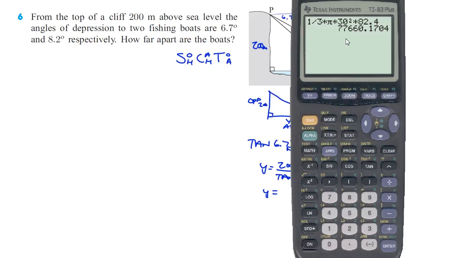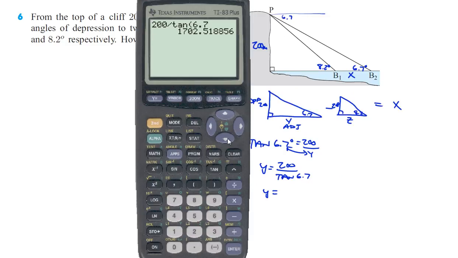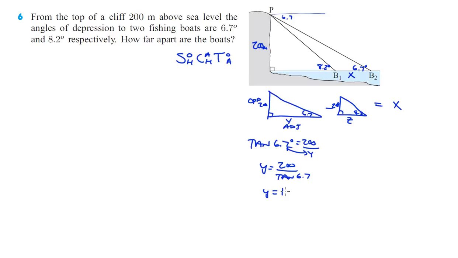So let's figure that one out. 200 divided by tangent of 6.7. I got to insert another 0 and hit enter. That gives us 1702.5, so let's call that 1703